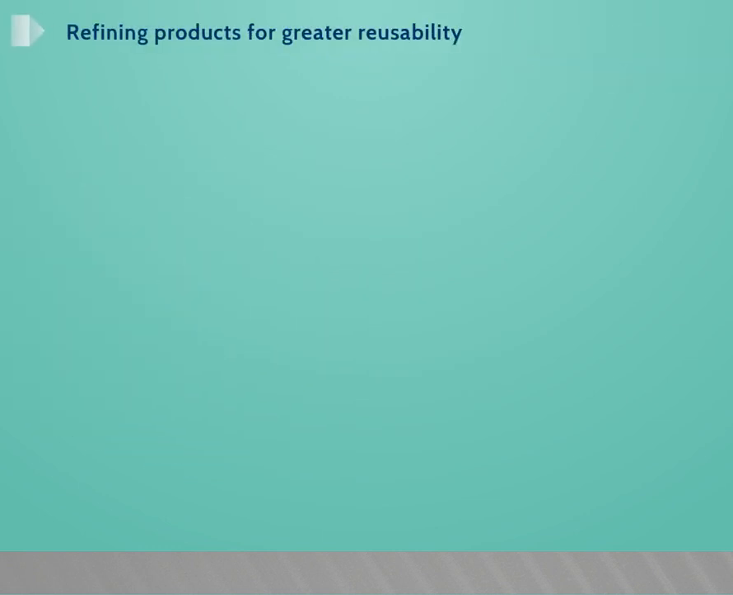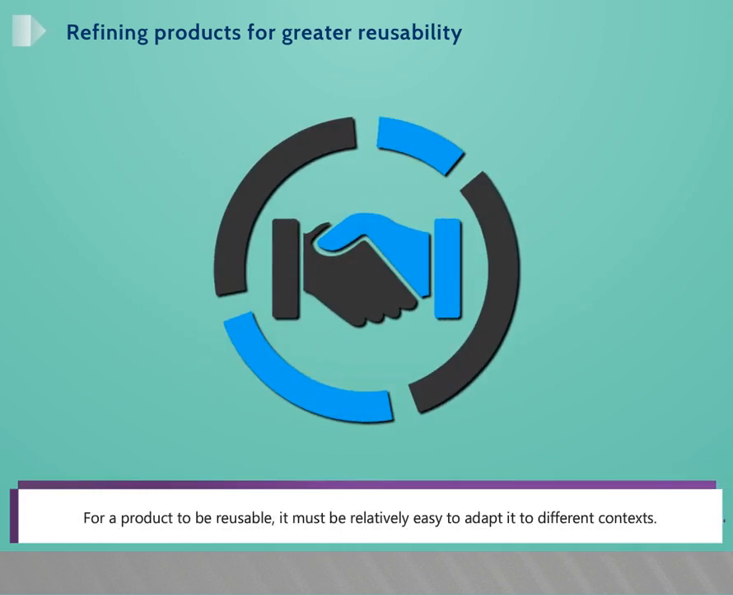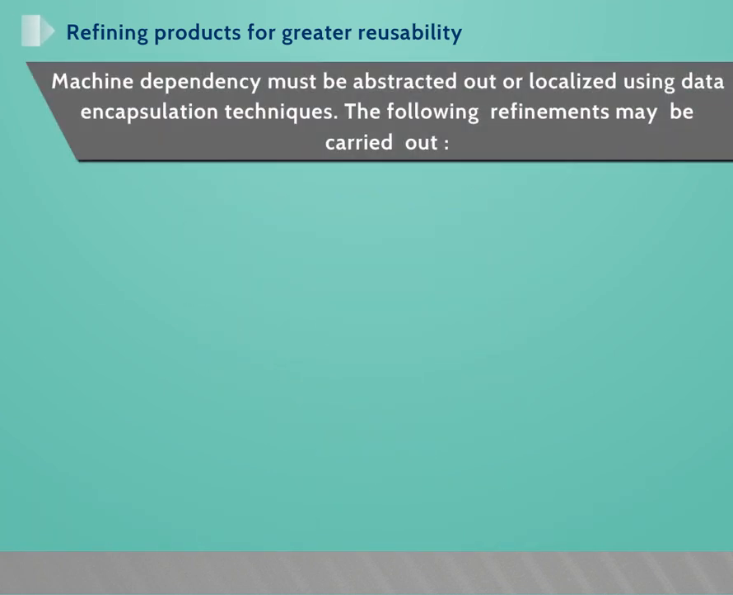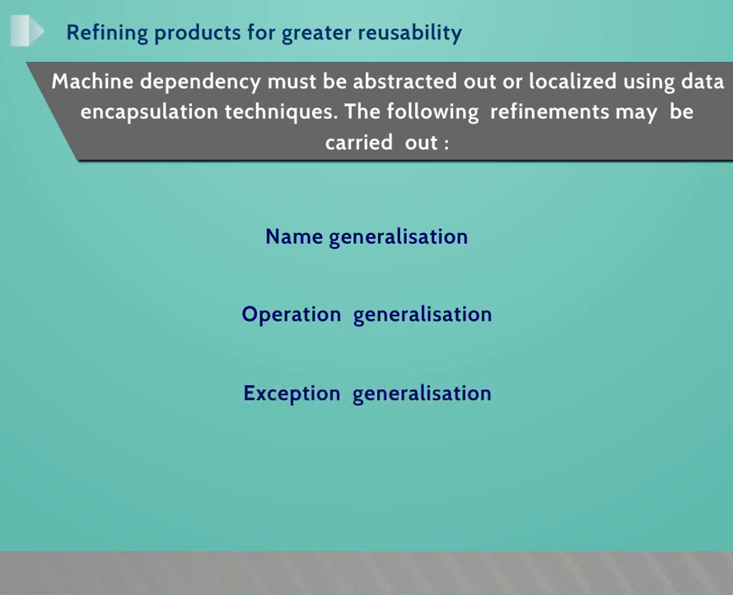Refining products for greater reusability. For a product to be reusable, it must be relatively easy to adapt it to different contexts. Machine dependency must be abstracted out or localized using data encapsulation techniques. The following refinements may be carried out: name generalization, operation generalization, exception generalization,